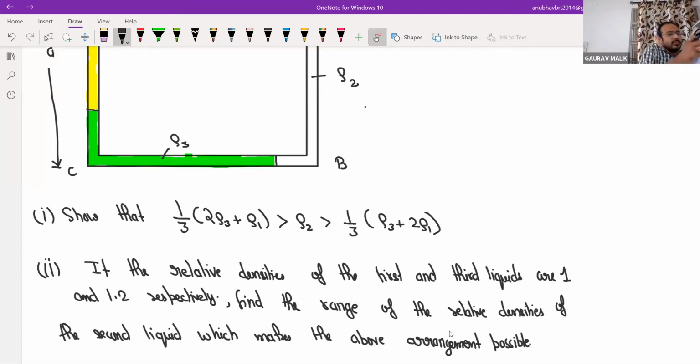Now solve it. You have 3.5 minutes to solve this question. One suggestion to you: suppose you did not see such a question in your life, but you are going to face such a problem, then it is not a solution to say, sir, we don't know this question. At least you know this question is related to pressure or densities. At least try to use your concepts and see what can be done. It will develop problem skills in you. Wrong and right is a different thing.